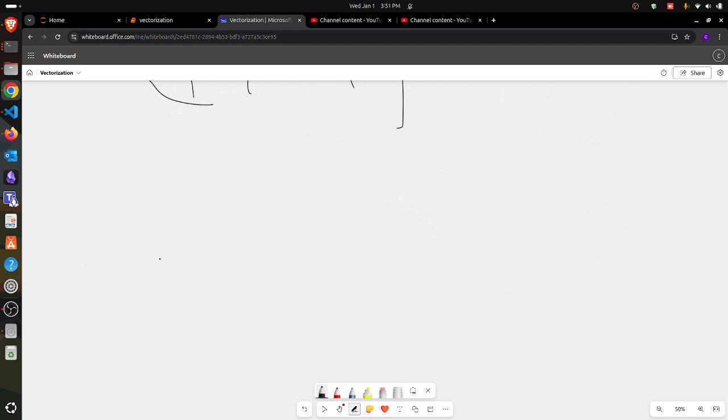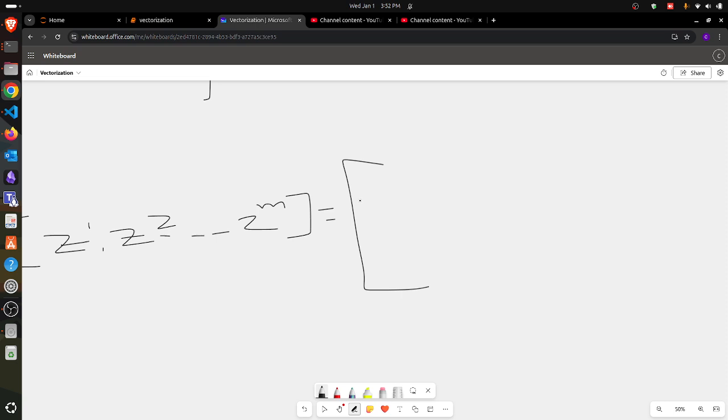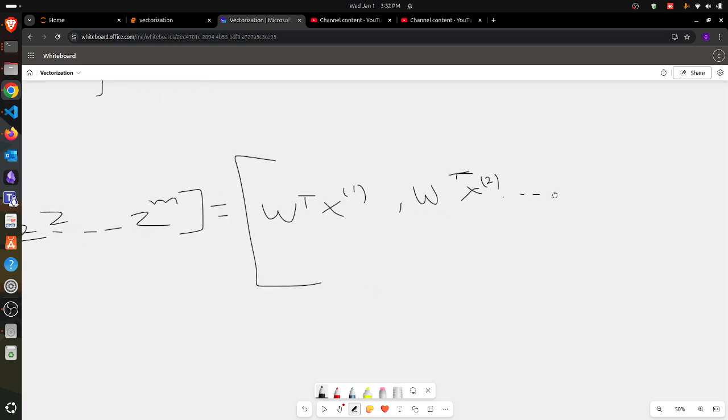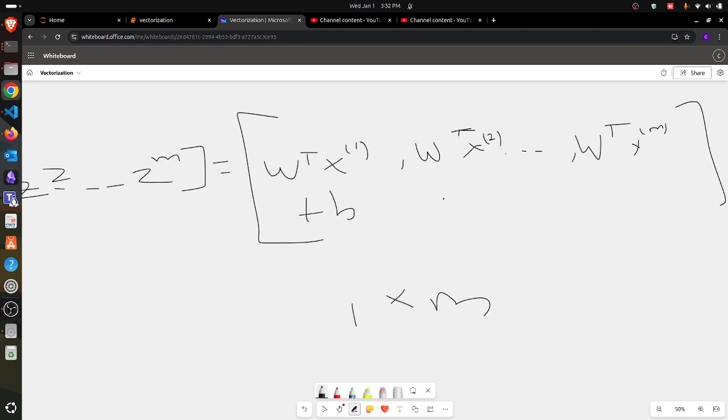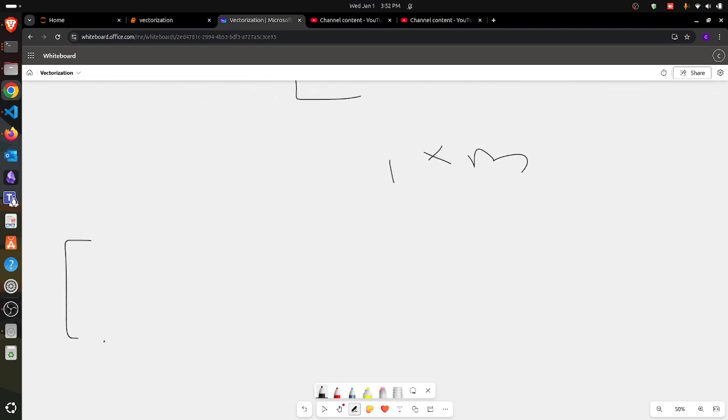So what we are going to write with these equations is z is going to be equal to z1, z2, up to zm, which is going to be equal to w transpose x1, comma w transpose x2, until w transpose xm, and these things are going to be 1 by m. So we are going to add b to each term,